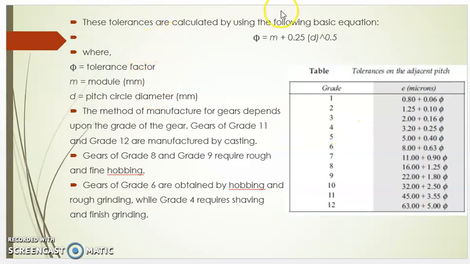These tolerances are calculated by using the following basic equation: phi is equal to m plus 0.25 root d, where phi is equal to tolerance factor, m is equal to module in mm, d is equal to pitch circle diameter. The method of manufacture of gears depends upon the grade of the gears. Gears of grade 11 and 12 are manufactured by casting. Gears of grade